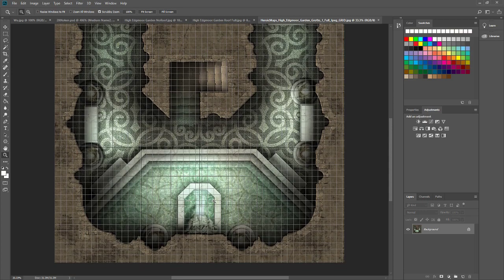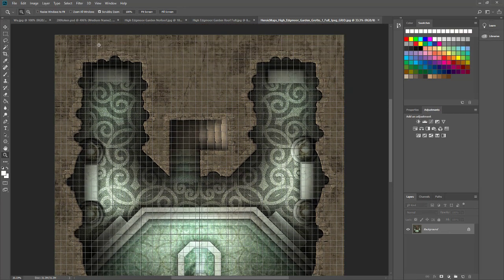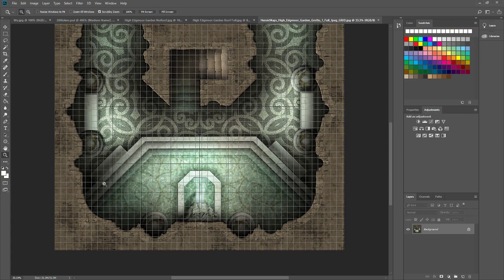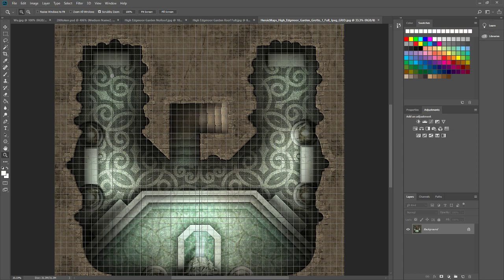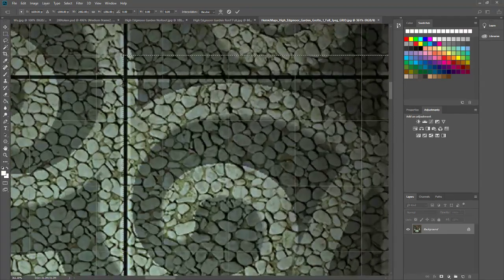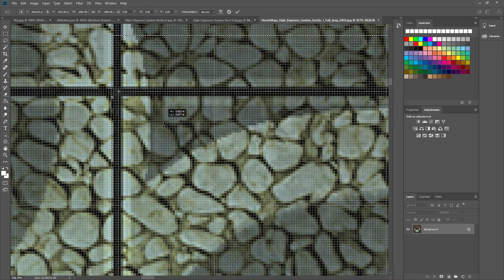So if it doesn't quite extend perfectly to the edge, there's no way for me to check if it extends perfectly to the edge because there's no grid there. So what I do in this case is I'll draw a selection that does go to the grid that exists, and then assume the scale is the same and extend it outboard from there. So to show you what that means, I'll draw a selection like this, for example. I will right-click on it to transform it. I'll zoom in on it. I'll place the corner right in the middle,